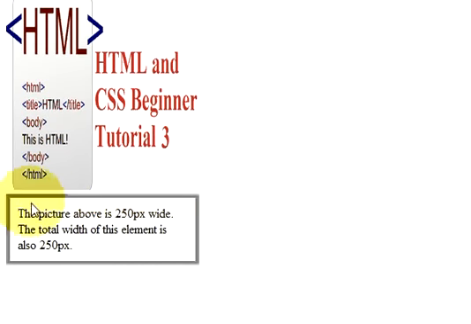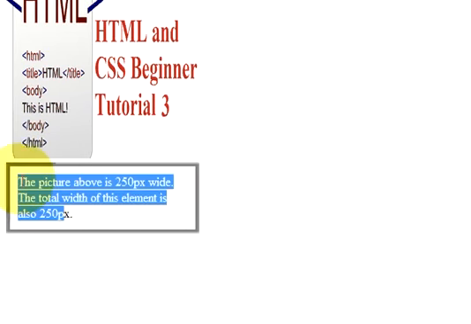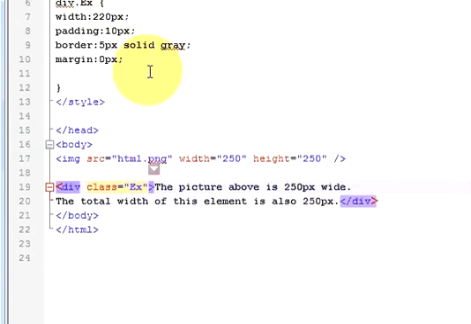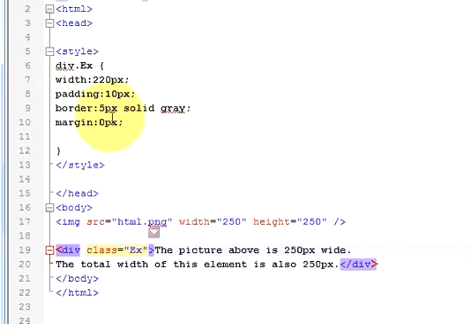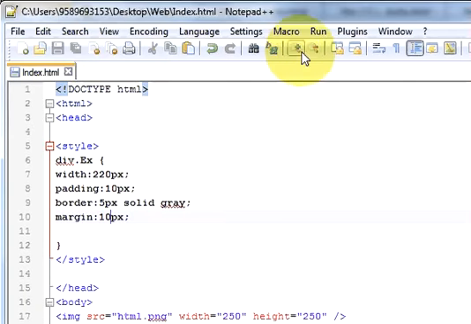Yes, it has provided the margin to your, not a margin, the margin was 0, but the border to your div content, the padding to your div content, and now let's provide some margin also. So margin, for example, you want to provide 10. Now how it looks like,